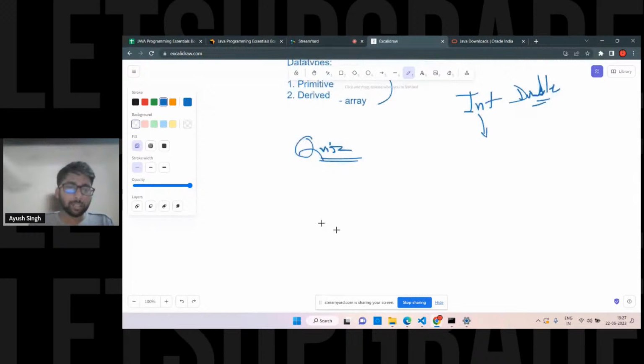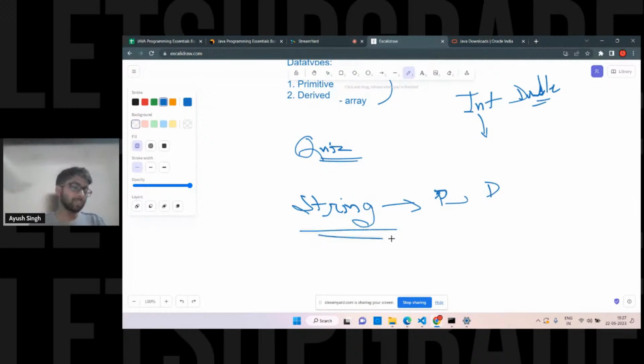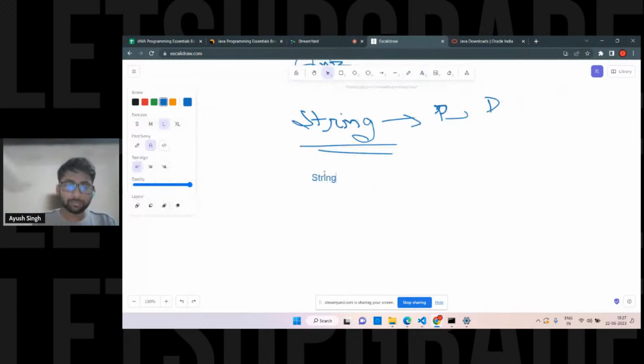Tell me this part. What is a string first? Okay, what is this string? And in which category is it going to come? Is it a primitive data type, I'll write P, or is it derived, or you can say non-primitive? String is also one of the data types we have. So what is this string, and tell me the category it lies in. Okay, I'll write it in a clear way. So a string is primitive or derived. This is the quiz we have.